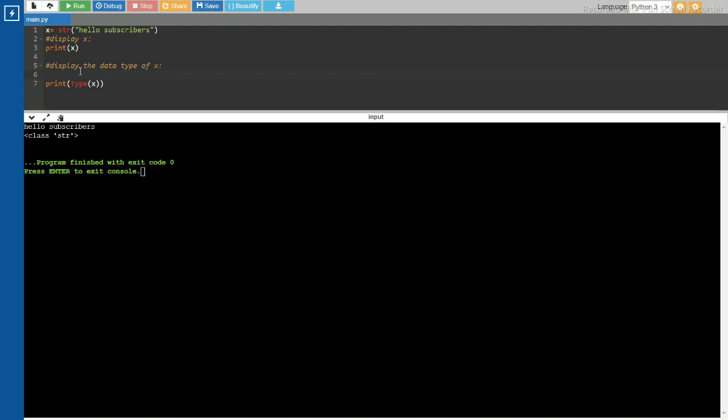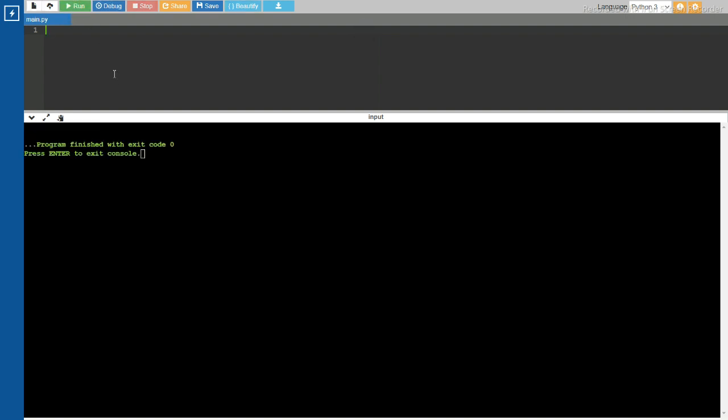Now let us go into Python numbers. There are three numerical types. As I said in our last video, two of them are integers and floats. And now there is one more number, that is complex. Complex is nothing but a combination of a number and an alphabet. Any such combination is called complex in Python numbers. Now let me show an example of an integer, a float and a complex variable.